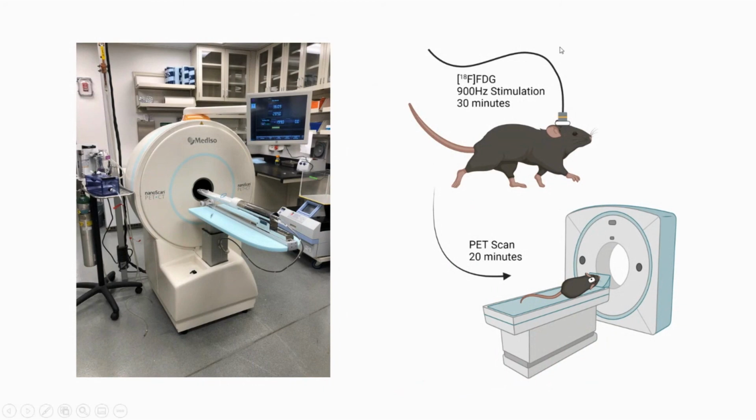you now have this radio-emitting molecule within that region. So if there's a really active region in the brain and it's got these little molecules, you can do that association. So you might deliver your ultrasound stimulation during behavior or what have you, and then you pop the animal onto this little board, send them into the PET scanner, and that will spatially localize where your radio emissions are coming from. I'm not going to go into how these work, but if anyone has questions on that, I can tell you about PET scans.